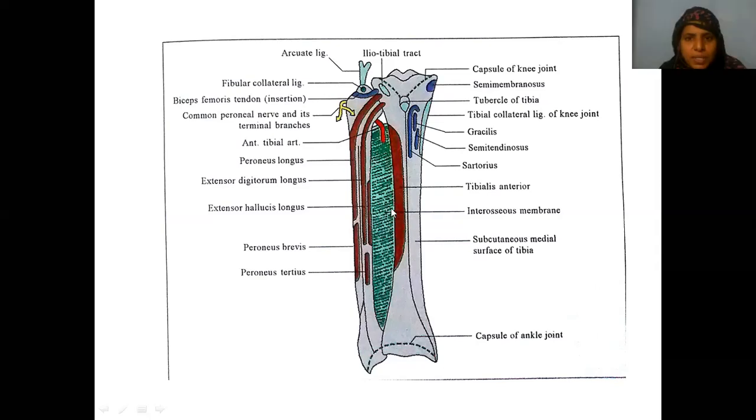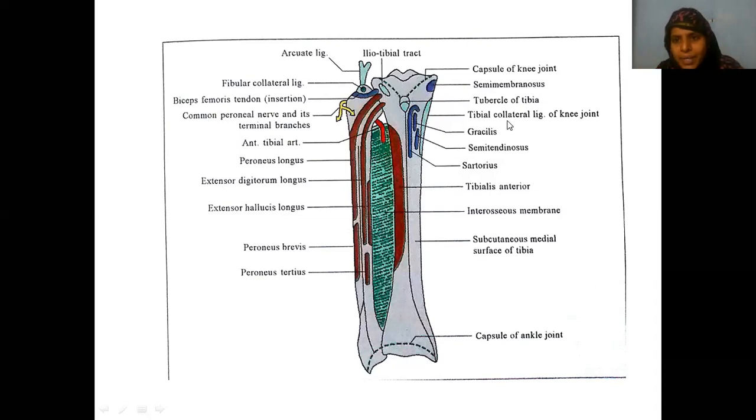Then we will come to the posterior aspect. You also find here the iliotibial tract. The iliotibial tract is the thickening of the fascia lata on the lateral compartment of the thigh. When I start the thigh, front of the thigh, within one or two days, you will come to know in the introduction. The deep fascia of the thigh is fascia lata, and on the lateral aspect it thickens to form the iliotibial tract. The iliotibial tract is attached to the lateral condyle anteriorly. Okay, these are the attachments.